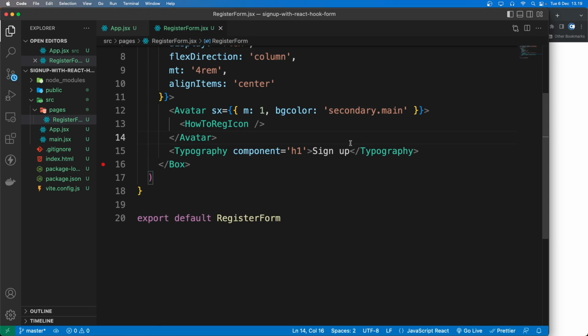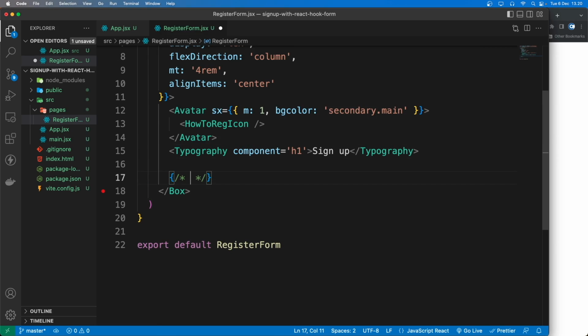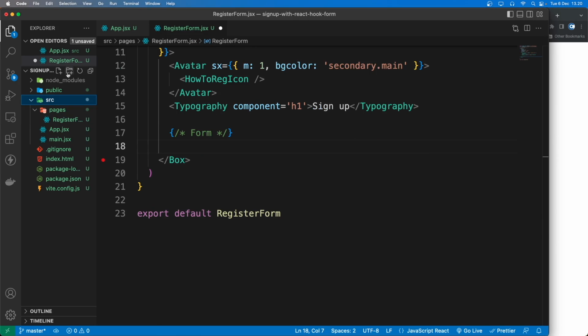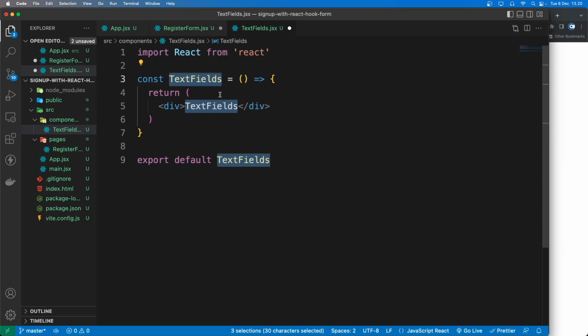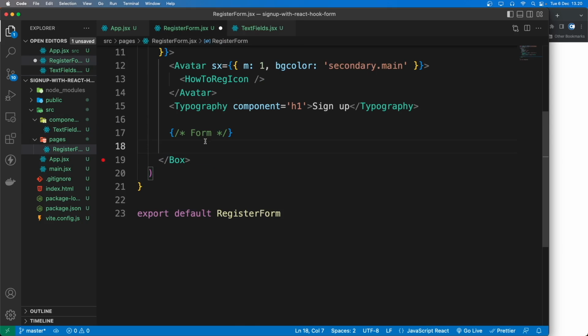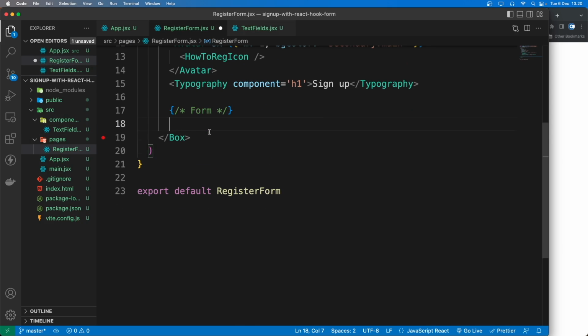So next it should be the form, so let's give a comment here and say form. I think in here I'm going to create a folder called components. Inside these components I'm going to create a file called, let's say, textfield.jsx. Okay,